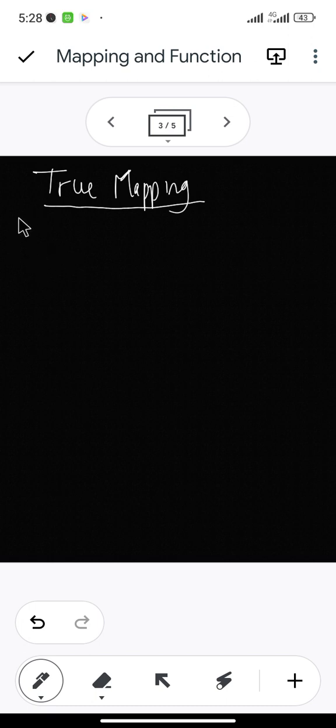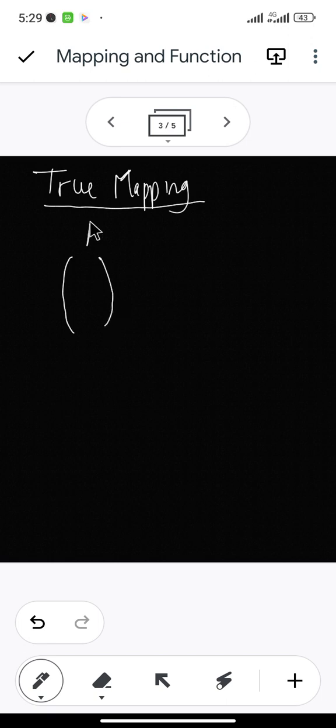Now, the first rule is that no element in the domain can have two images in the codomain. Remember what we gave? Then the second rule is that two elements in the domain can have the same image, but two images can't have the same element. What do I mean by that? Now, if you have